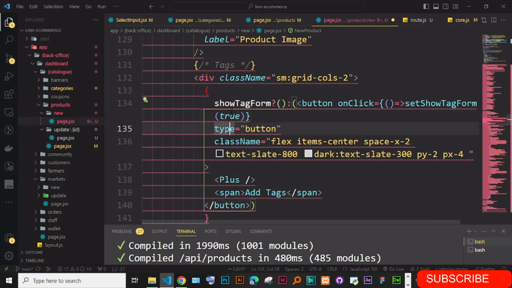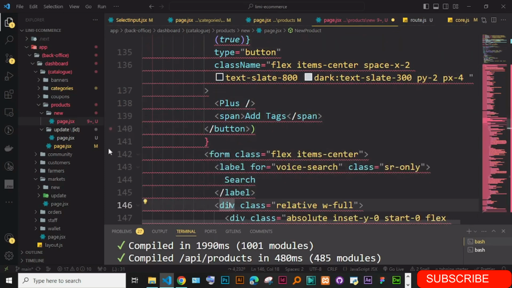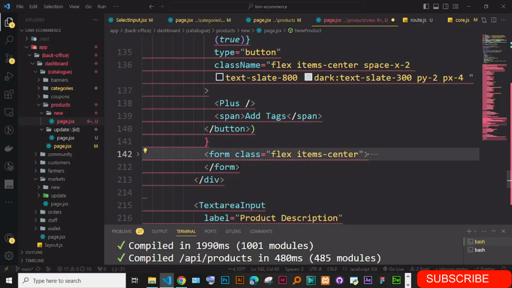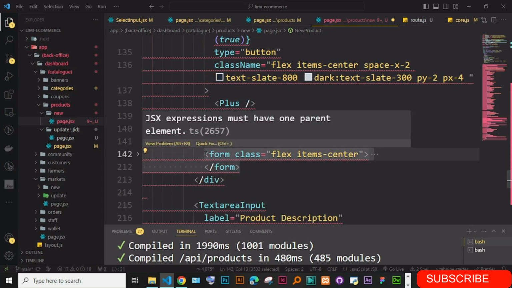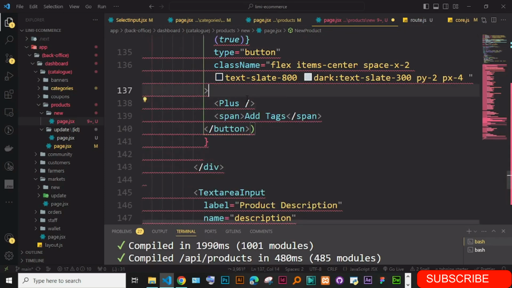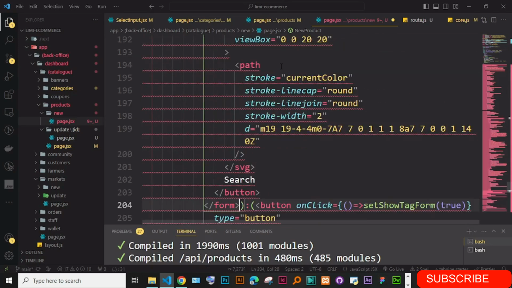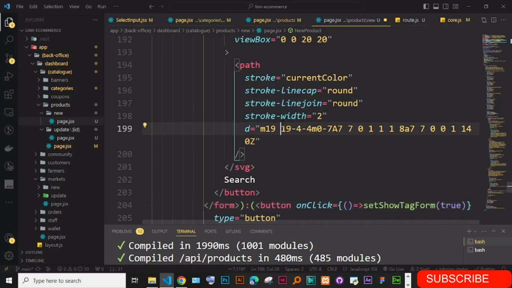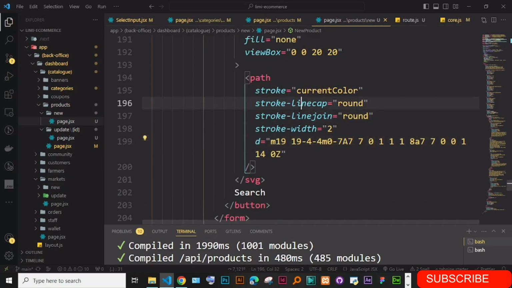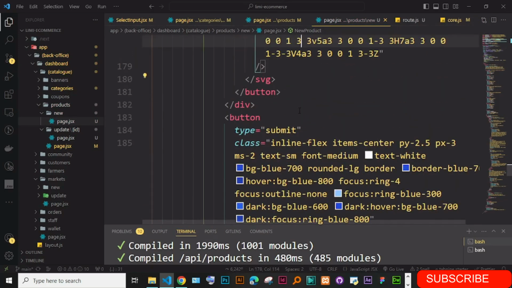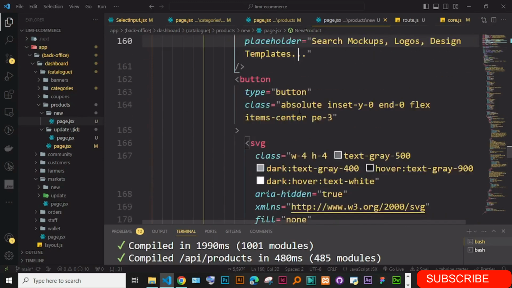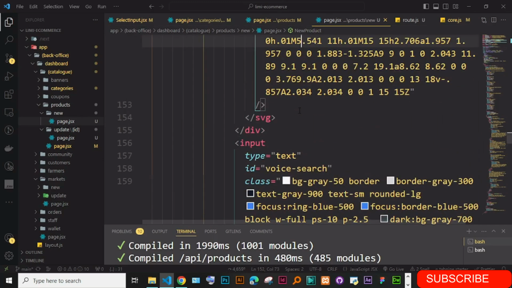I'm just going to get this form here, cut it, and put it in here. So we now have the conditional rendering saying that if the tag form is true,